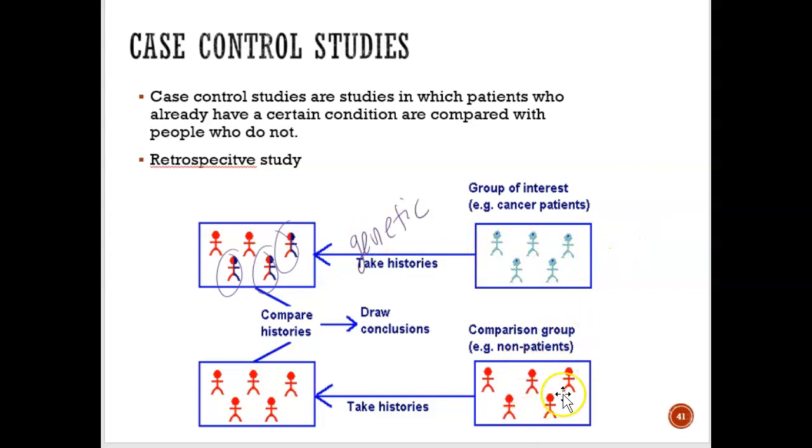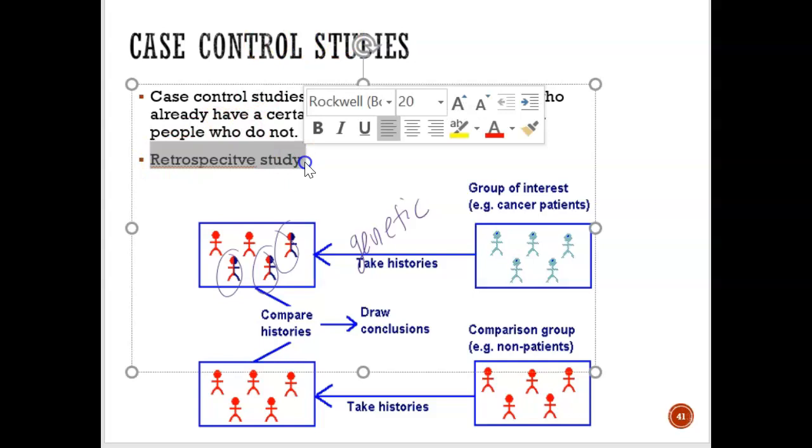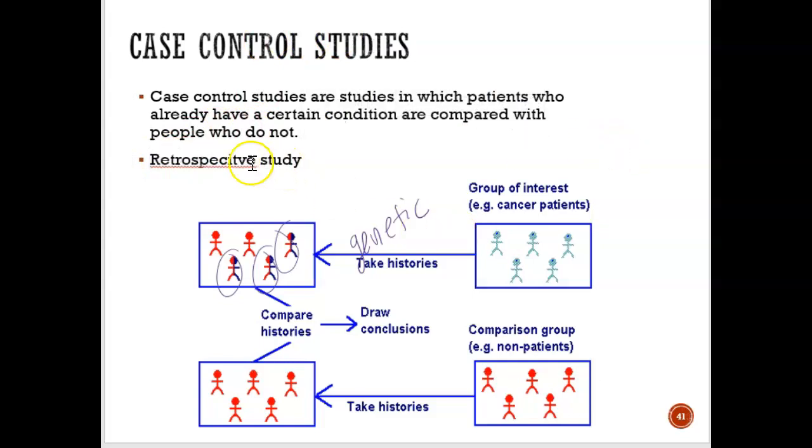Whereas when you look over here and you go back, you'll see that none of them have breast cancer. And the reason, when you look at the history, is because none of them had a genetic component. Their mothers or grandmothers rather, did not have any breast cancer, and that's why they didn't develop breast cancer. So case control is known as a retrospective study, and the reason why it's retrospective, retro means going back,